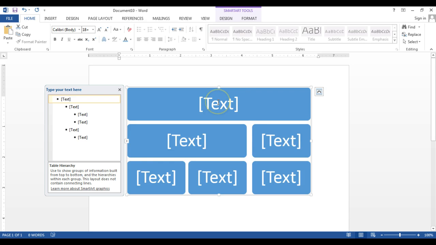Now you have several options again. You can either key in your information within your boxes here, or you can use the panel on the left here. You can go ahead and key in your information here. Now sometimes it's easier to key in information over here in the panel, and the reason why is because sometimes it's easier to see where to add more information in. So for instance, maybe